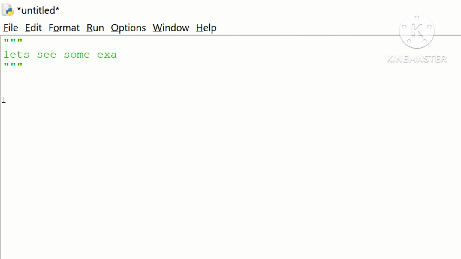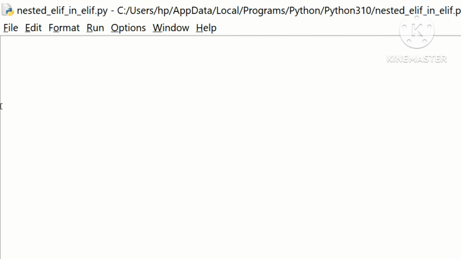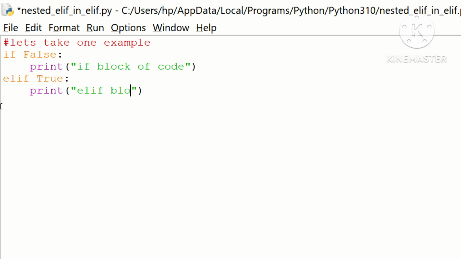Let's see some examples. Here in this example, I am taking conditions as Boolean values like true or false to understand easily. Let's take one example. If, space, false, colon. Press enter, it automatically takes indentation. print within double quotes: if block of code. Press enter, elif, space, true, colon. Press enter, it automatically takes indentation. print within double quotes: elif block of